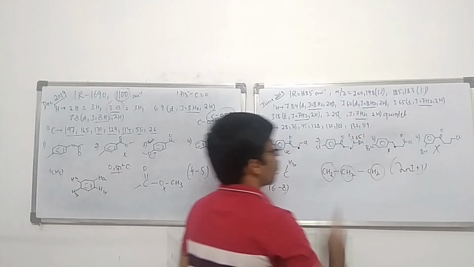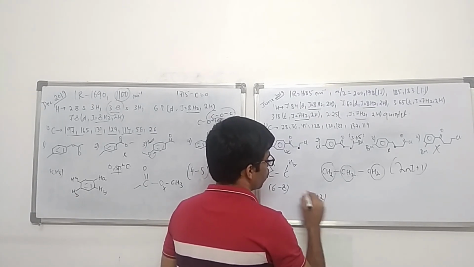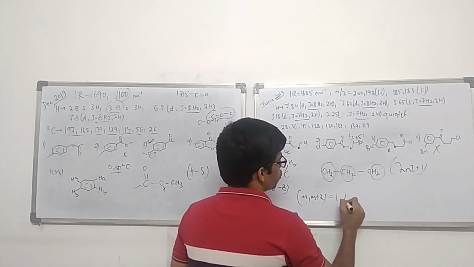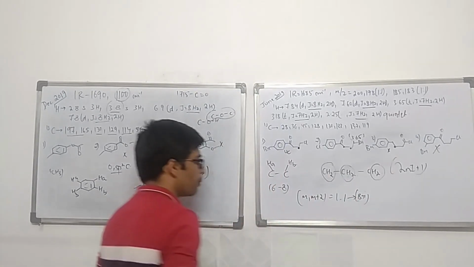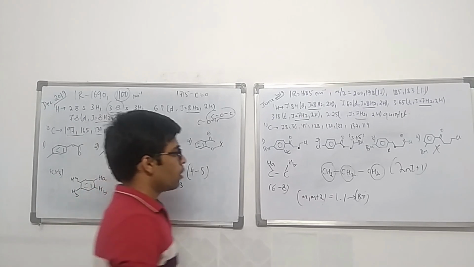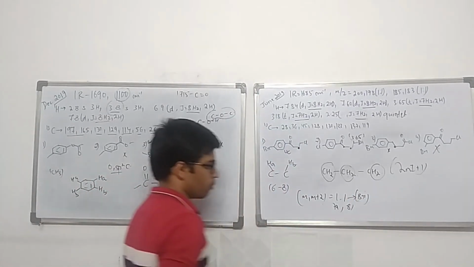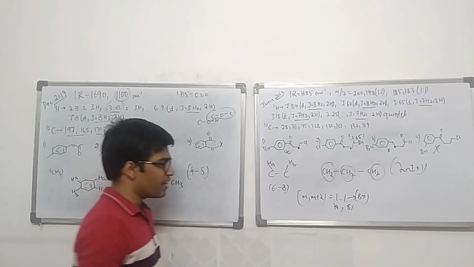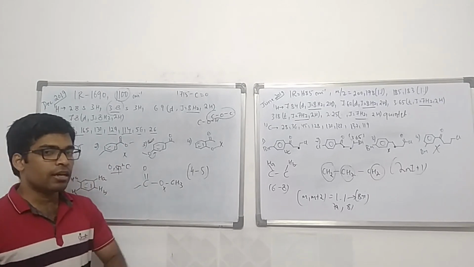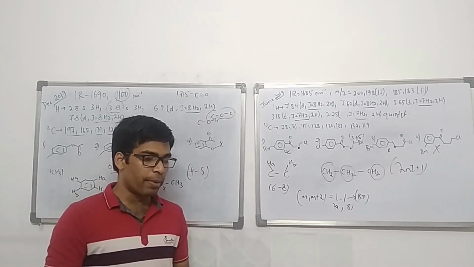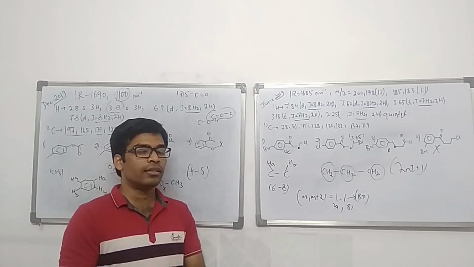m by z values. Now whenever the m by z values are given like this, m plus 2, and the ratio is given 1:1, it indicates the presence of bromine because of the 2 isotopes. Now of isotopes 79 and 81, if I'm not wrong, please verify it. I think it's bromine 79 and 81. Now what happens in mass spectroscopy is that fragments break down from a larger molecule in steps, and you get the m by z value.